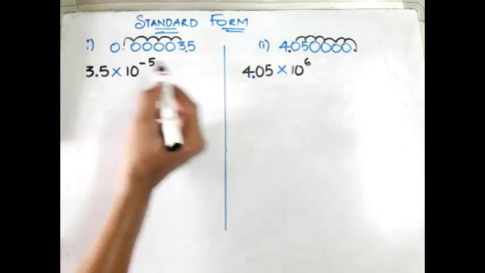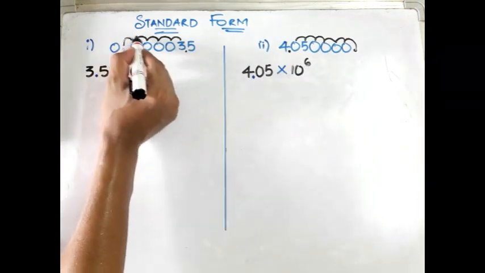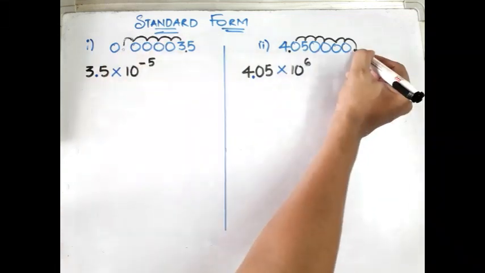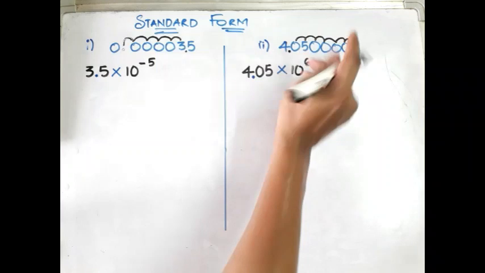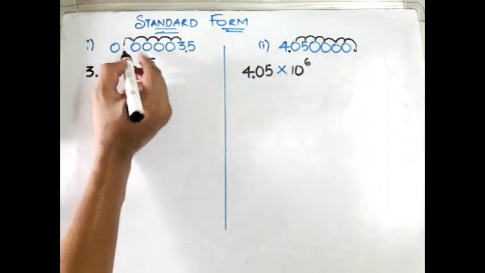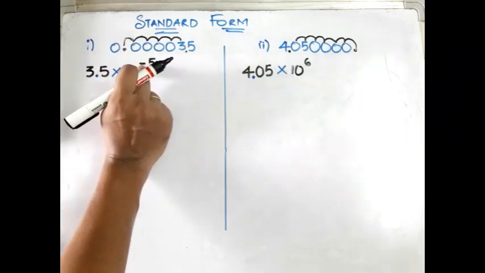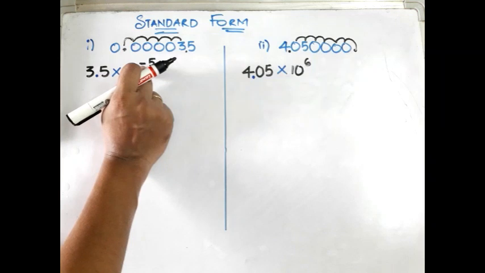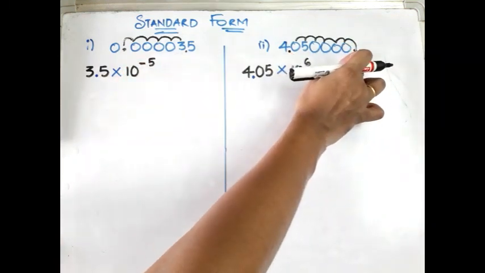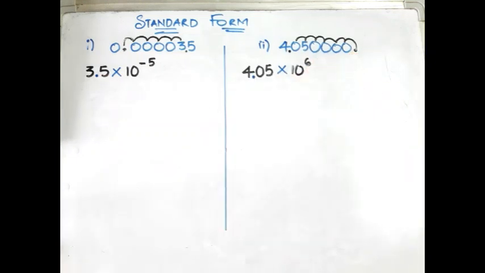Here I kept minus and here I didn't, because here the direction is from left to right. I count the steps from left to right here, whereas here it is right to left. Hope you are clear. If in the question they already gave the decimal, then there is every need to put minus in the power, and if there is no decimal in the question but we assumed the decimal at the end, then it will get a positive sign.